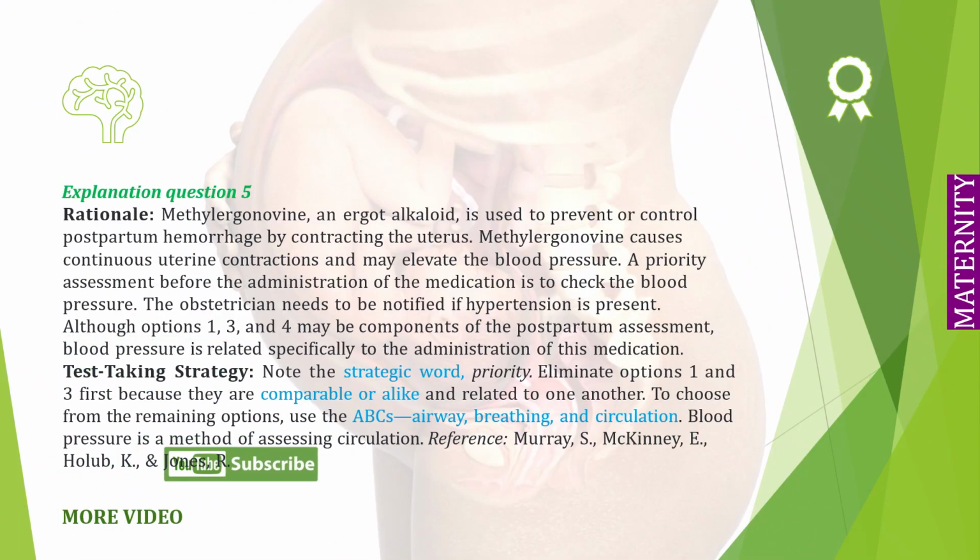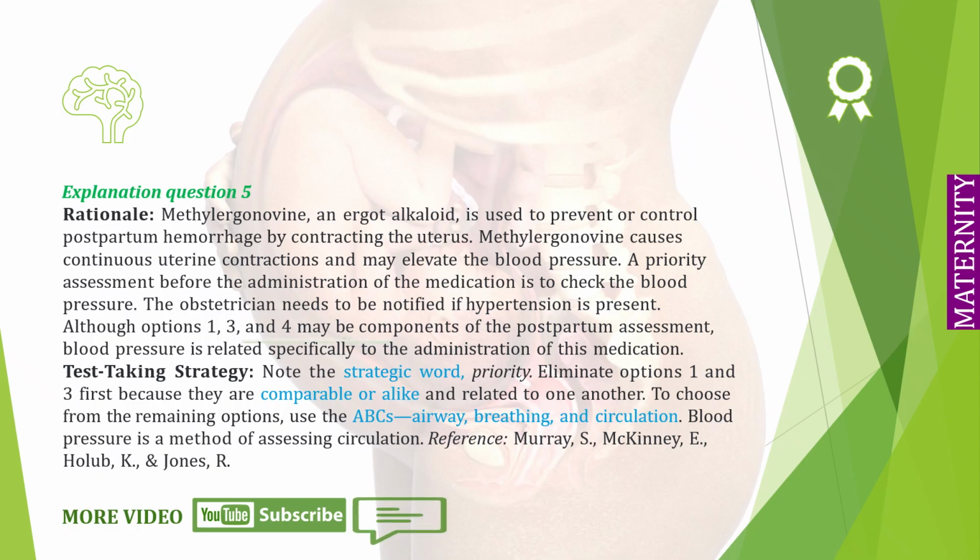Explanation. Question 5. Rationale. Methylergonovine, an ergot alkaloid, is used to prevent or control postpartum hemorrhage by contracting the uterus. Methylergonovine causes continuous uterine contractions and may elevate the blood pressure. A priority assessment before the administration of the medication is to check the blood pressure. The obstetrician needs to be notified if hypertension is present. Although options 1, 3, and 4 may be components of the postpartum assessment, blood pressure is related specifically to the